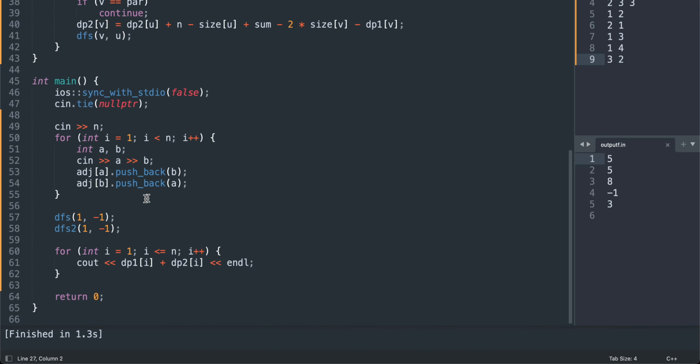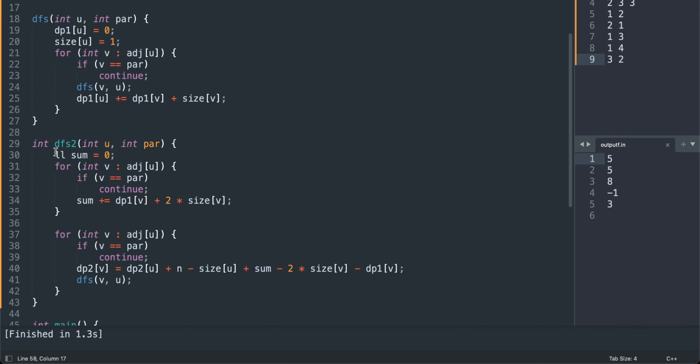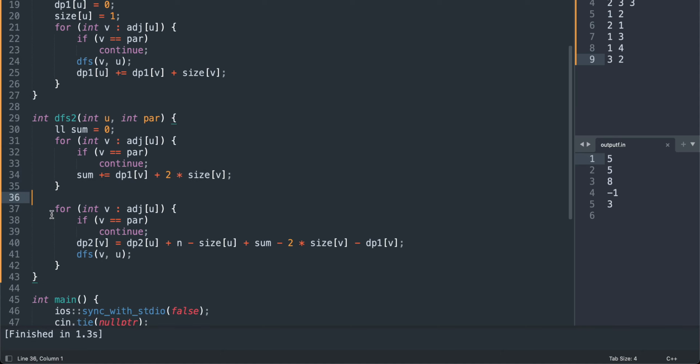Okay, then we have dfs2, which calculates dp2 of u. That means when I'm at u, I want to calculate the dp2 of v. U is the parent, so go to all the children of u, and they all will increase the answer by 2 times size of v plus dp1 of v, right? So I got the sum. Then go to every node. If it is the same node, then subtract this value, minus dp1 minus 2 times this. Otherwise, what is the parent's contribution? It is dp2 of u plus